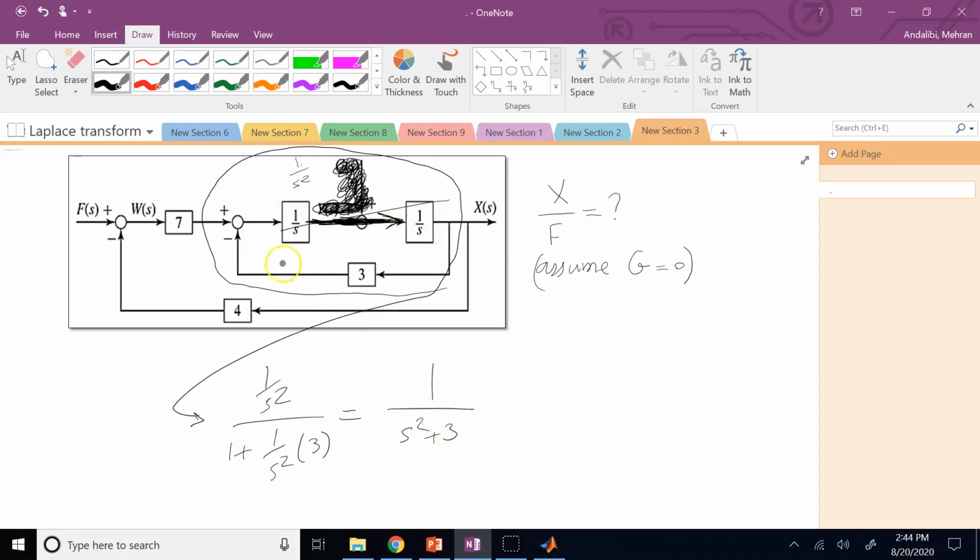Now, that guy is in series with 7, so we can multiply that by 7. So this whole thing from here to here is going to be 7 over s squared plus 3. And that with 4 are again in a what? In a feedback. So the whole thing will be